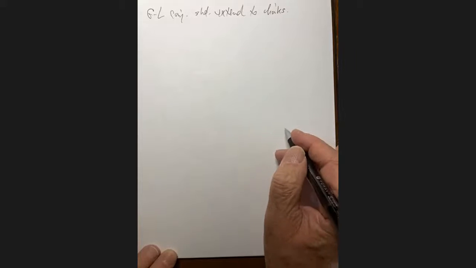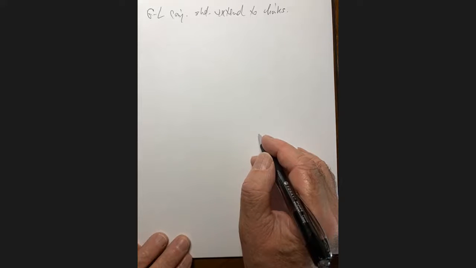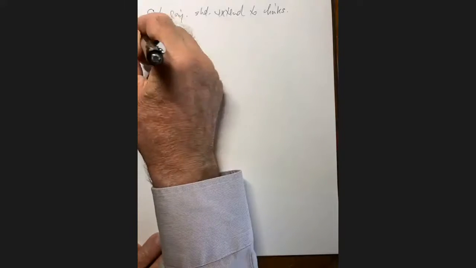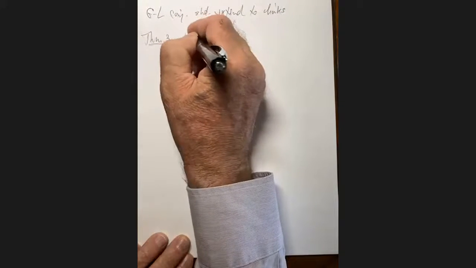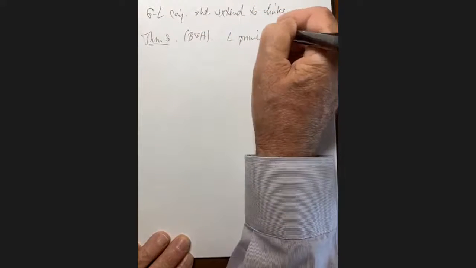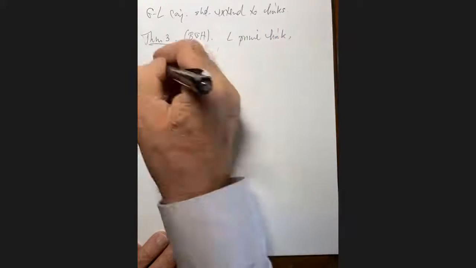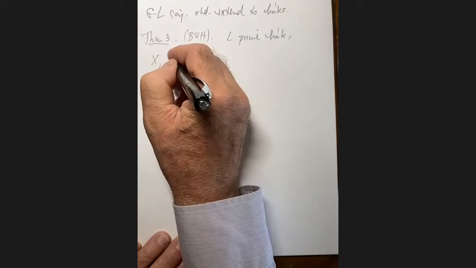So we can't prove that, but we can prove at least a very special case, which at least has the corollary, the result in the title. So this is the third and last theorem. The third theorem I want to mention that comes out of our techniques here is that if L is a prime link, and again, the analog of satellite would be, we just want the exterior to be toroidal.